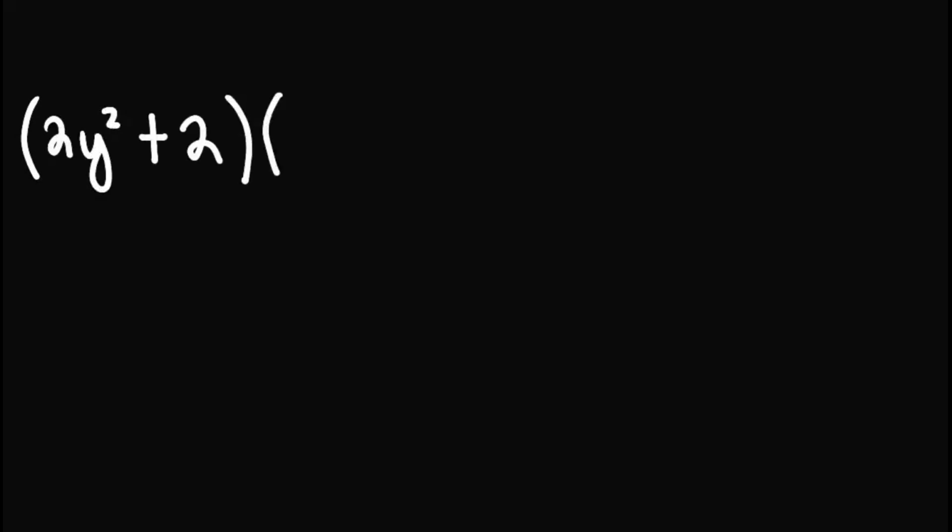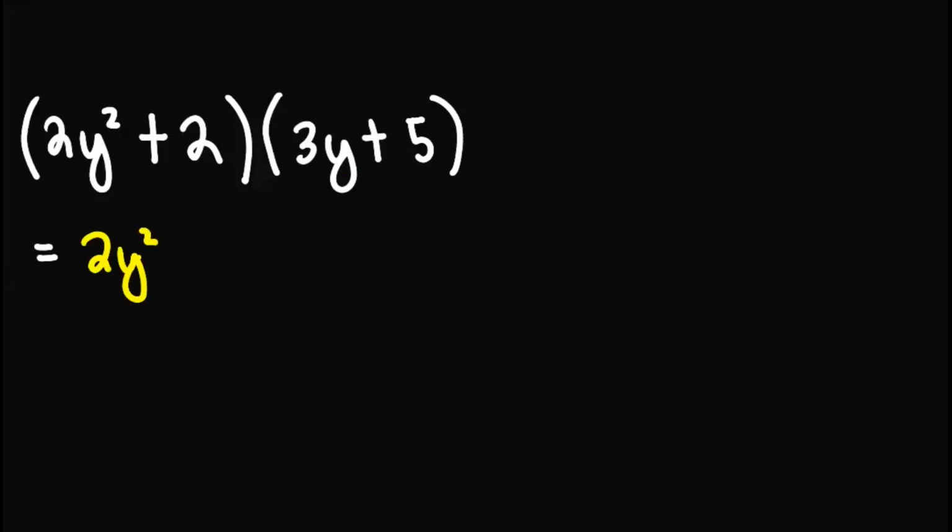Let's try one last example. If we have (2y squared + 2) times (3y + 5). Again, the first terms, 2y squared and 3y. So we'll have 2y squared times 3y